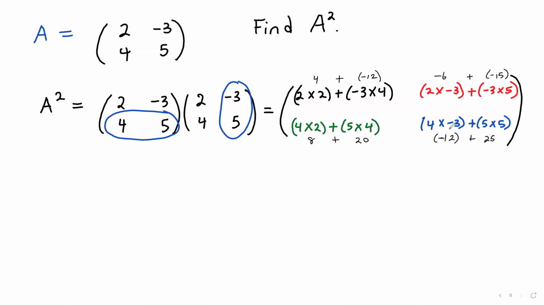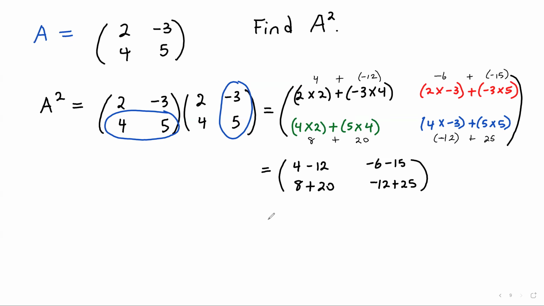All right, so that would be, I'm going to write it out as well. So you'll have 4 minus 12, because plus minus is minus. -6 minus 15. 8 plus 20. And then -12 plus 25, right? I just wrote it there just for clarity. And then finally,